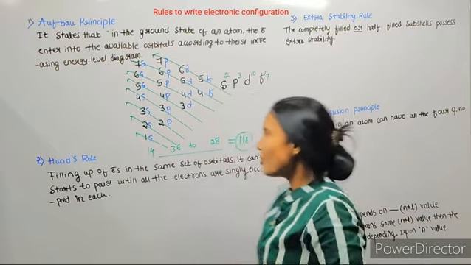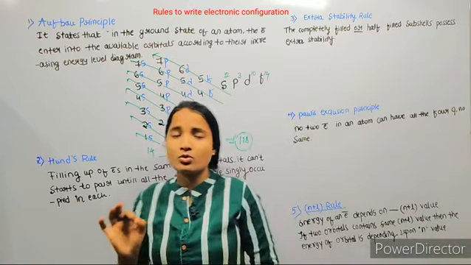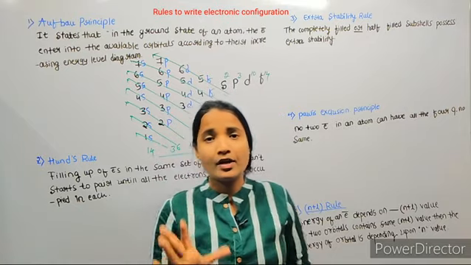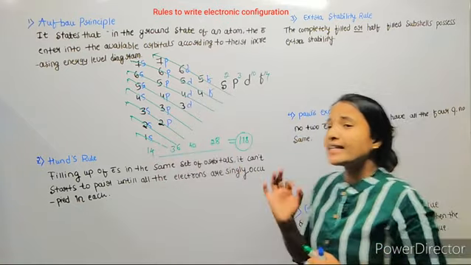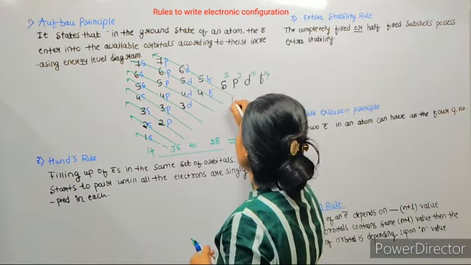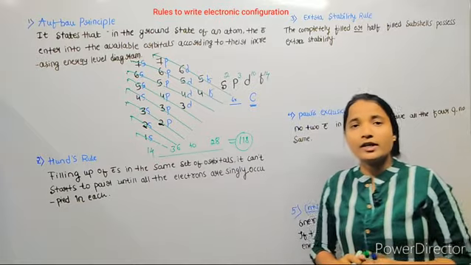Is it right now? Okay. So it is just tricks to write, or tricks to draw, the energy level diagram. Now, for example, I want to write the electronic configuration for the carbon